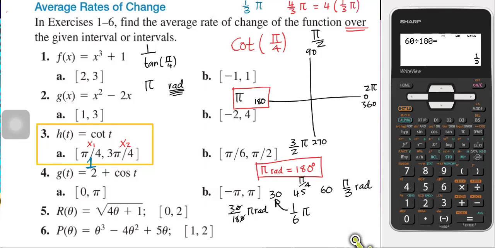Did you get what I'm saying with that? Yes. So I can actually do it that way, because I'm not too sure if they're going to give you these ones here. Did they give you something with these special angles here? Yes. All right. So that means you have to think in terms of